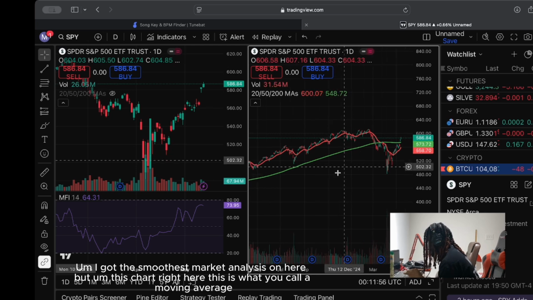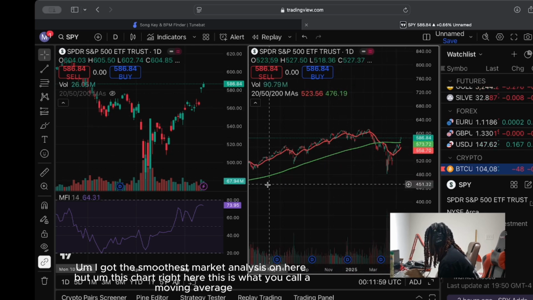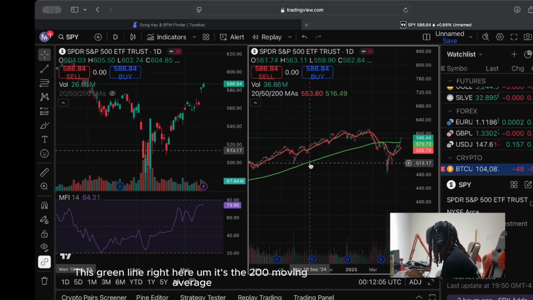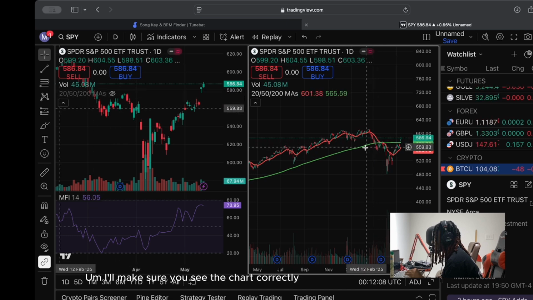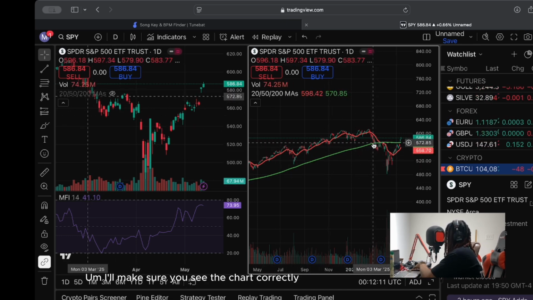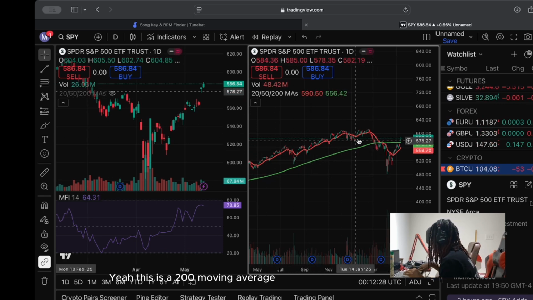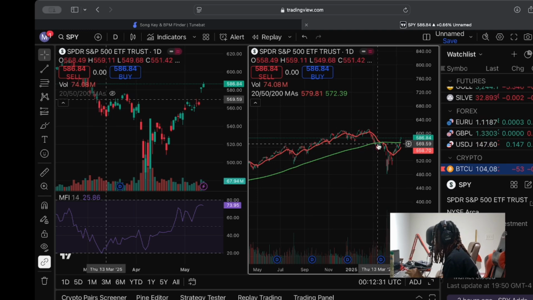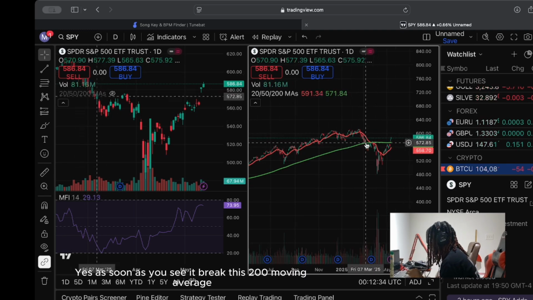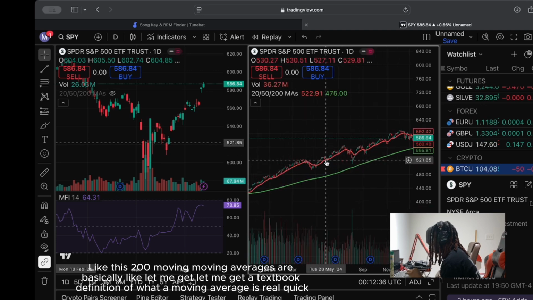But this chart right here, this is what you call a moving average. This green line right here, it's the 200 moving average. Let me make sure you see the chart correctly. Yeah, this is a 200 moving average. As soon as you see it break this 200 moving average, these 200 moving averages are basically like,